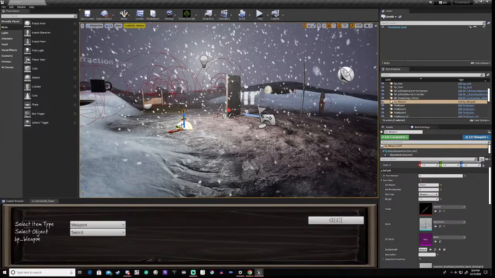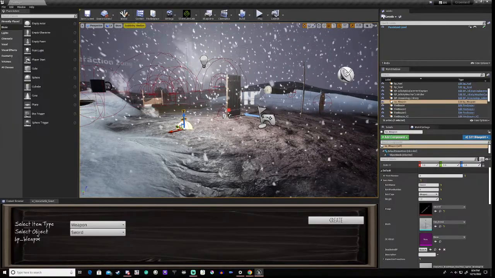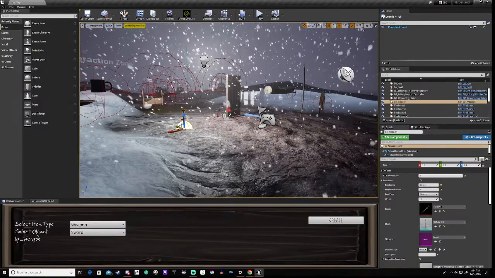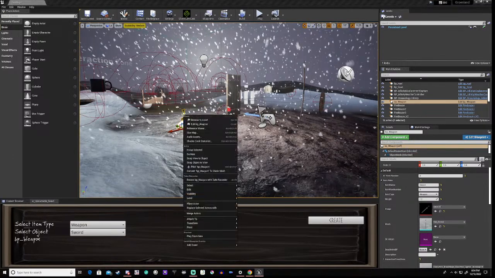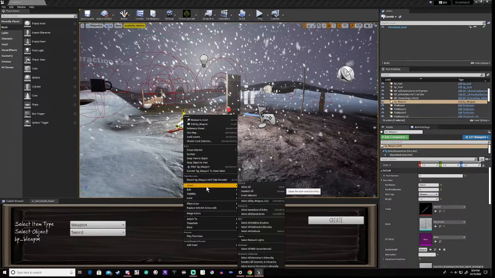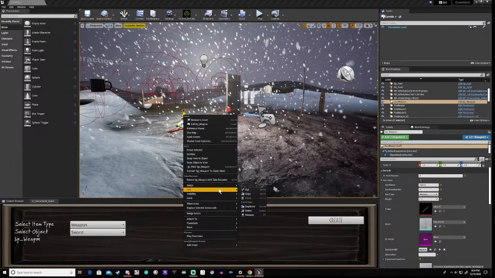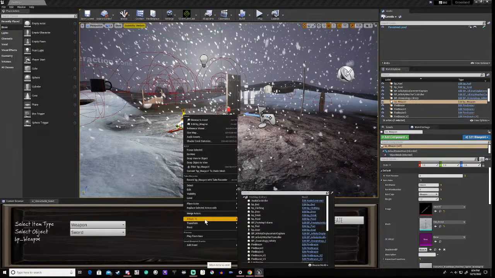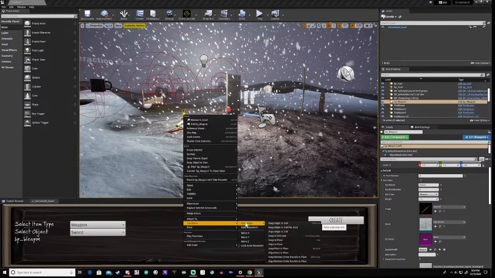Right, but I want to know what that's called. Right, so there's got to be like an editor thing that allows me to do that. Right, edit, it's not in there. Place actor, it's not that. Attached to, no. Transform, snap align,